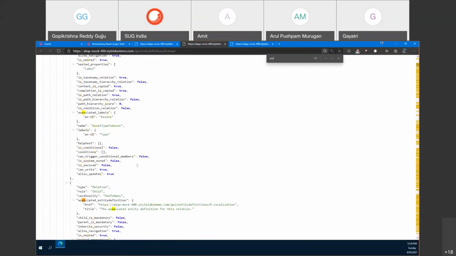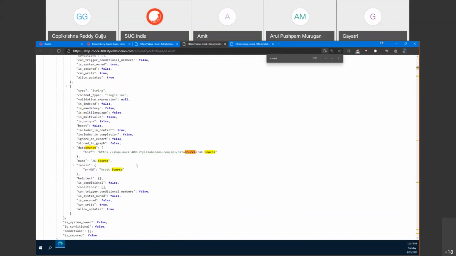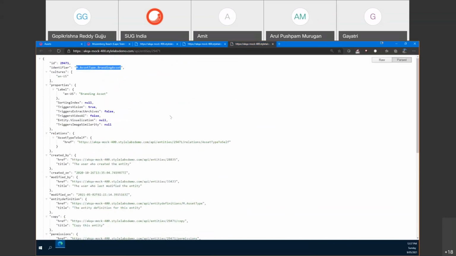Okay, let me see this. Yep, here you see the source: is unique false, is multi-value false. It need not be unique between two assets, but it need not be multi-valued as well. Only a single value can be selected. So like this, we can navigate. This REST API is very, very useful. We work with it a lot.